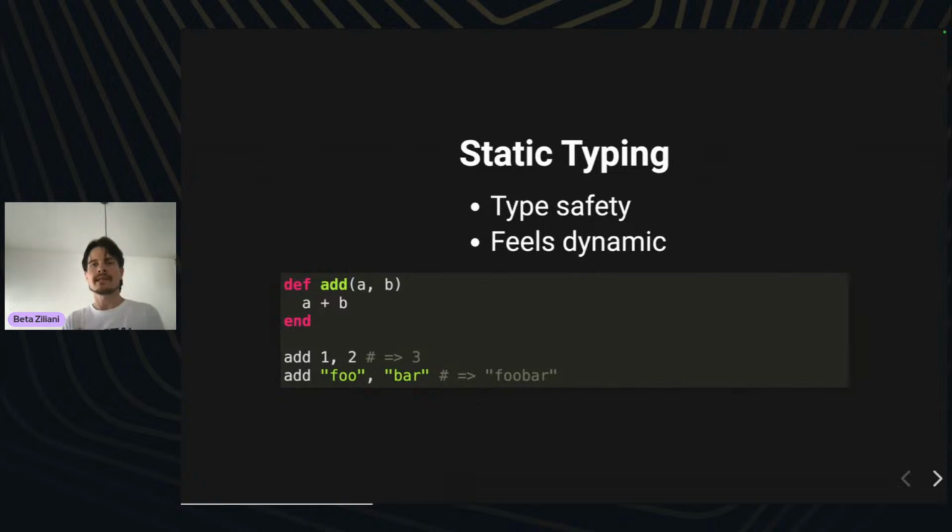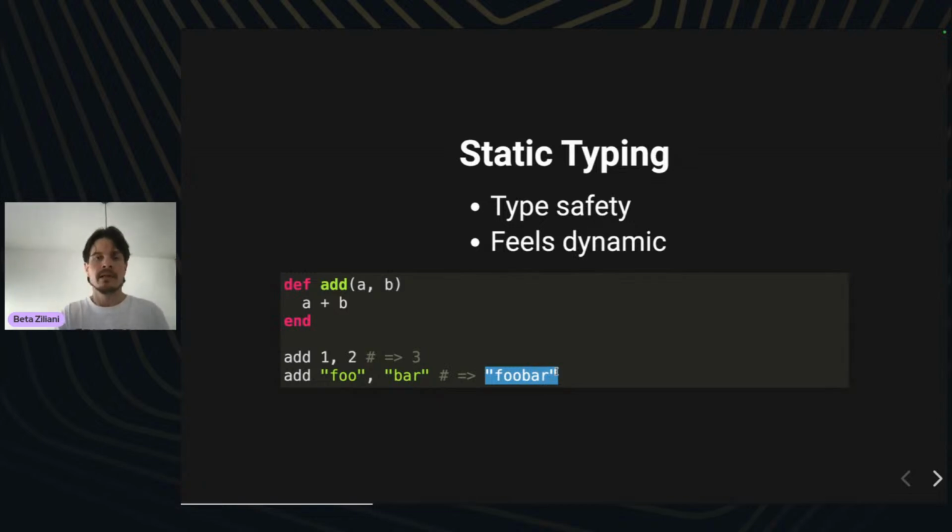So I mentioned several times that Crystal is statically typed, but being typed doesn't mean that it loses the dynamic feel that you get from Ruby or Python. Let me give you this example. We have this addition method that takes two objects and applies the plus operator to them. Now, the plus operator is defined for integers. So when you call add 1, 2, well, it produces 3. But it's also defined for strings. So when you pass two strings, it concatenates the strings. This is what the plus operator means in Crystal, for strings.